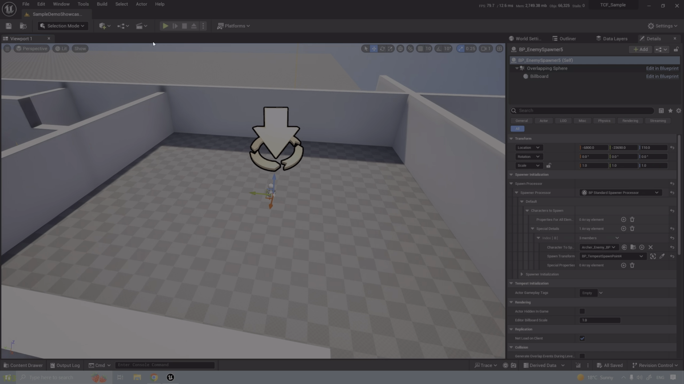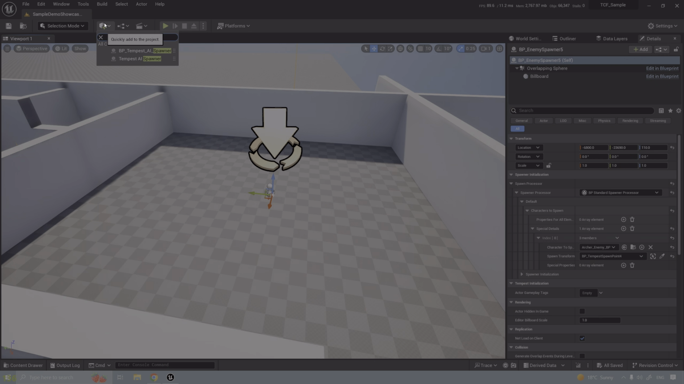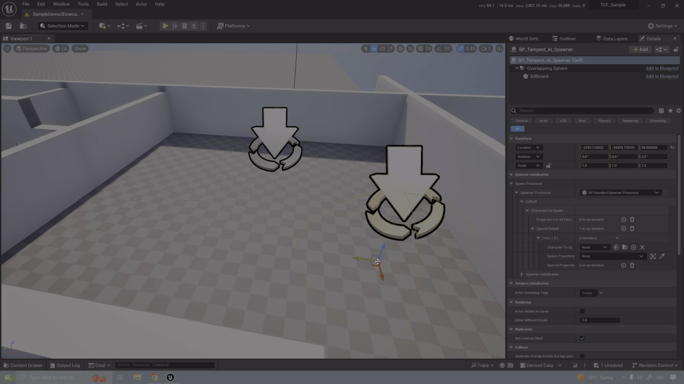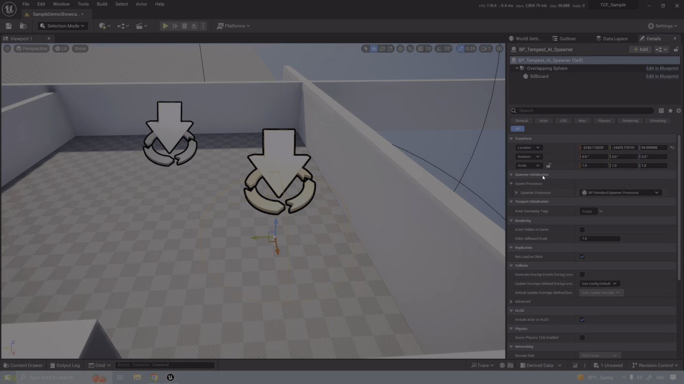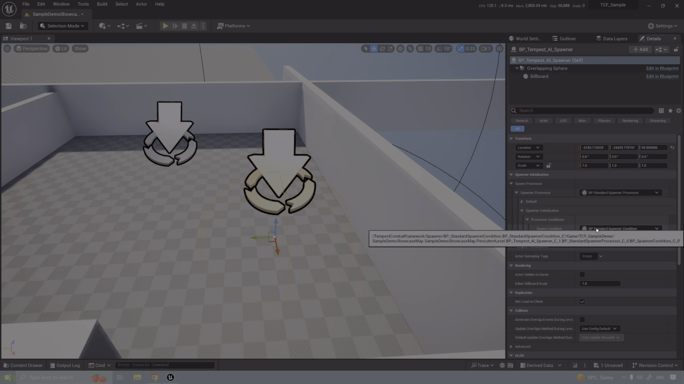Now, a spawner, you can simply take it from here. You type in spawner, you see BP Tempest AI spawn. Don't take this one, take this one, the blueprint version. If you drag this, you're going to get the same overlapping sphere and a billboard. And if you look here under spawner initialization, there's a spawner processor, and there are two sections under it, the default and spawner initialization. Initialization has conditions to it. So once you have a processor, which is instanced, and the conditions are also instanced,